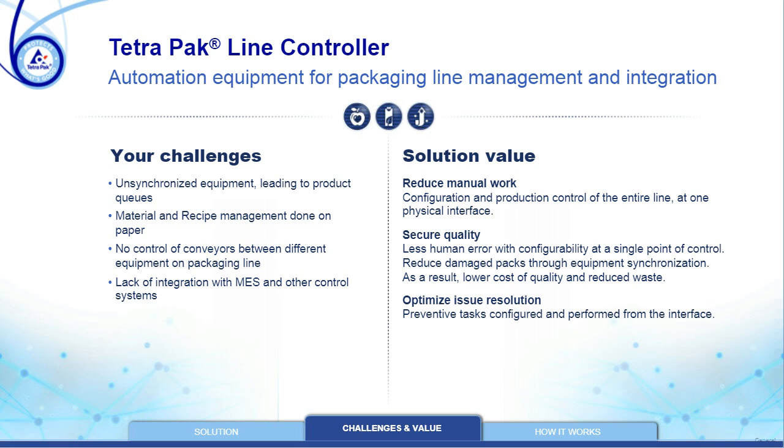Minimizing your manual work with configuration control of the production line using a single interface. Ensuring the package quality as the conveyors are configured to start, to stop, to slow down. The speeds of the machines, the capacity of the different distribution equipment are controlled, which of course results in a synchronized package flow throughout the line,